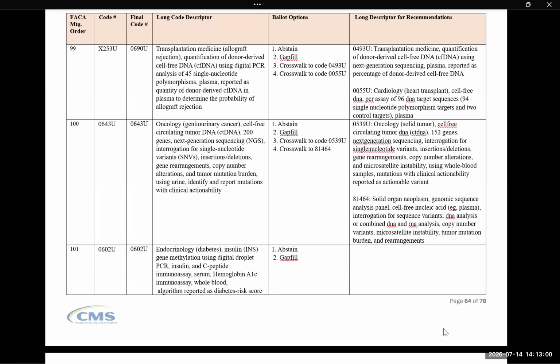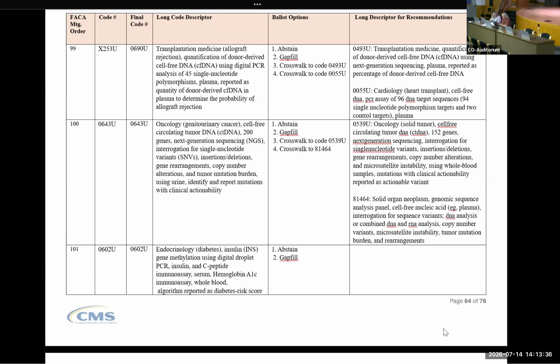I see. So you are requesting an additional modifier for extracting DNA from urine as opposed to blood? Yes. Okay. What we can do is put that on the ballot. We can add that if you would like. So, if we add an option 5 for the panelists to choose from, are we allowed to do that, team CMS? A 0539U times 1.3 from the submitter.